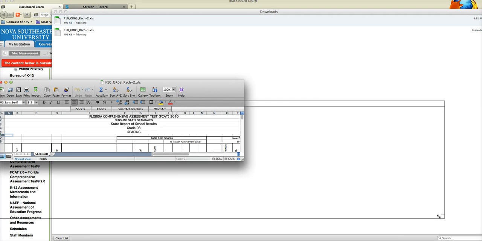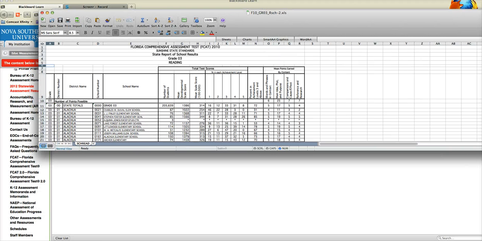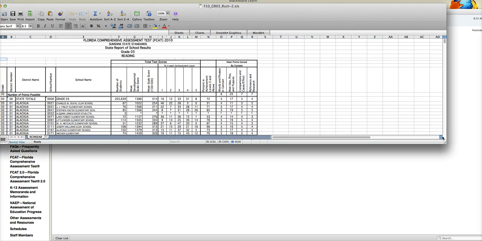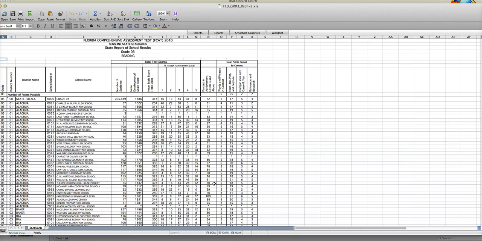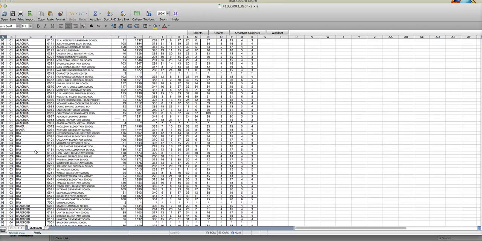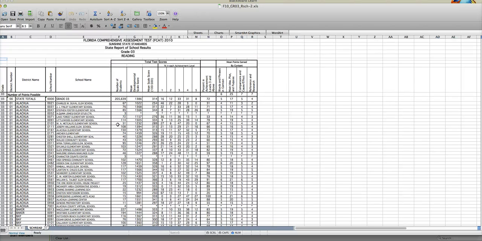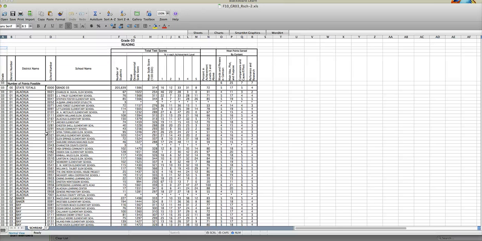And we'll take a look at that a little bit. See if I can expand that for you. And you can see that what I have is, by county in the state, each school, with the number of students in the school, with the different mean scores, and all the information that you need regarding the actual test for reading. Now,